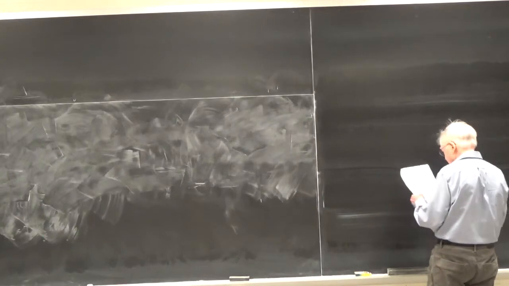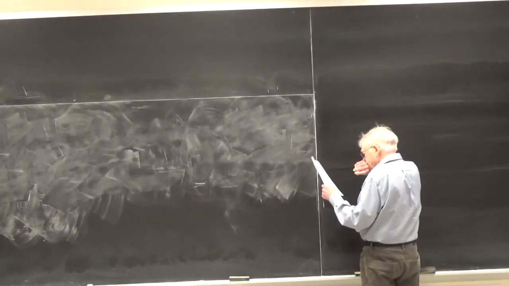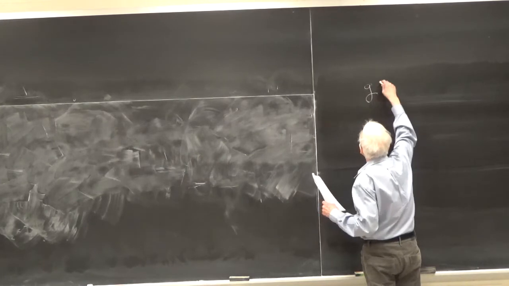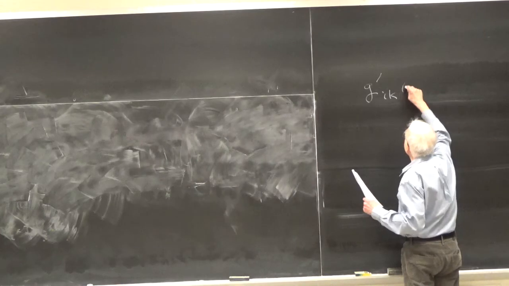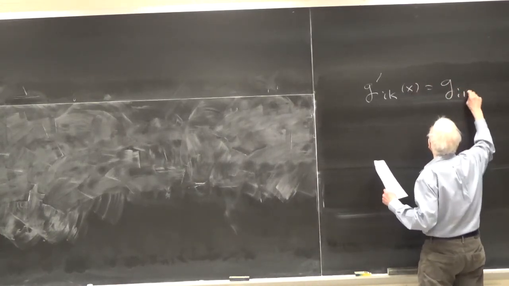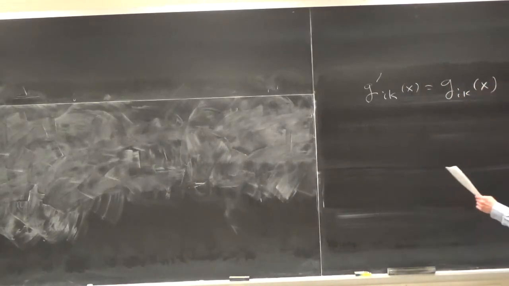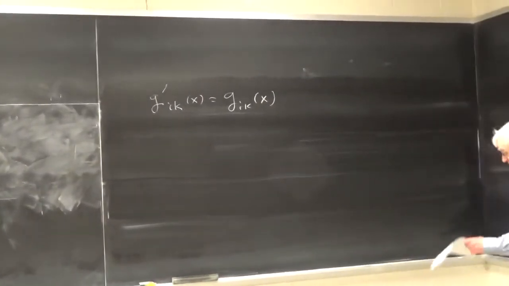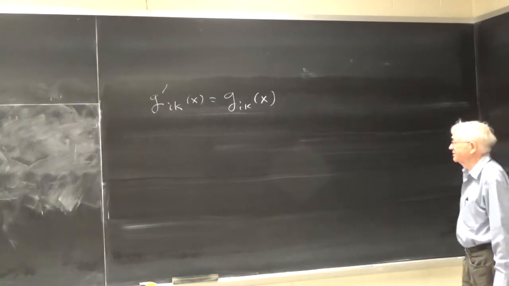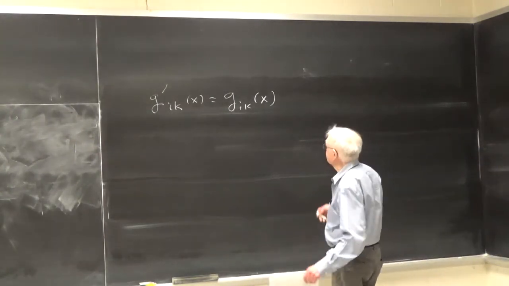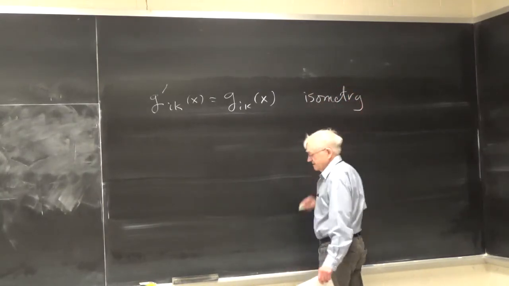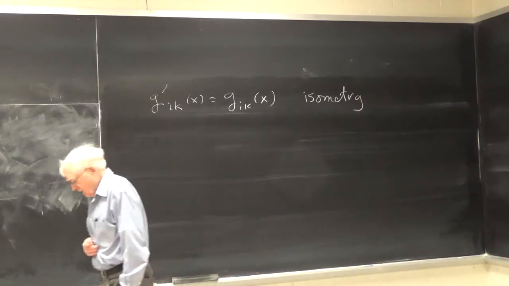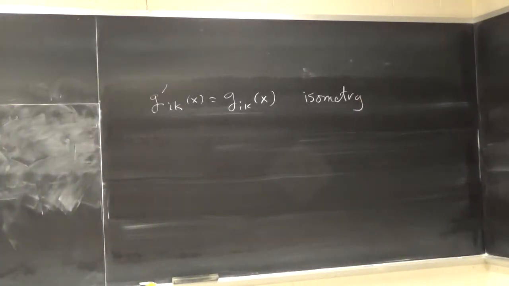The basic idea is that, well, if you have an isometry, it's g prime_ik of x is actually g_ik of x. In equation 9.136, I have primes on the x's, but of course you can take them all. This is an isometry. And as I said, these are very strong conditions, and